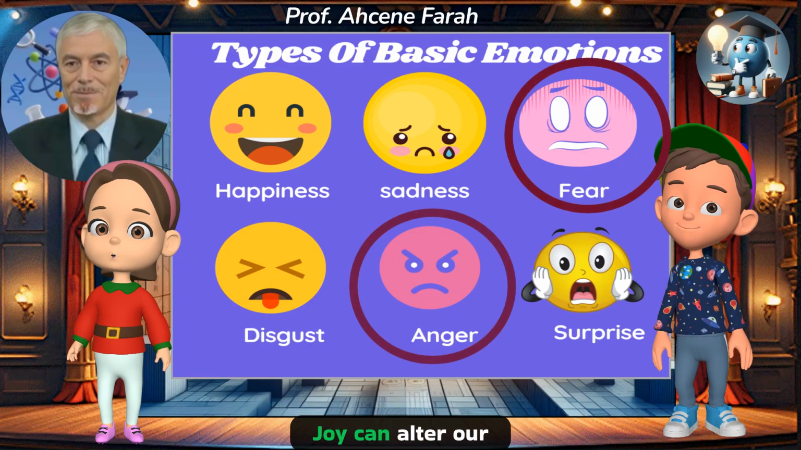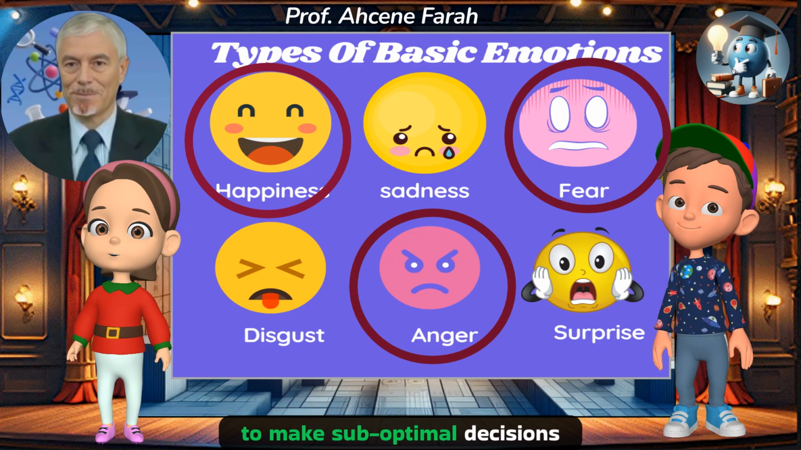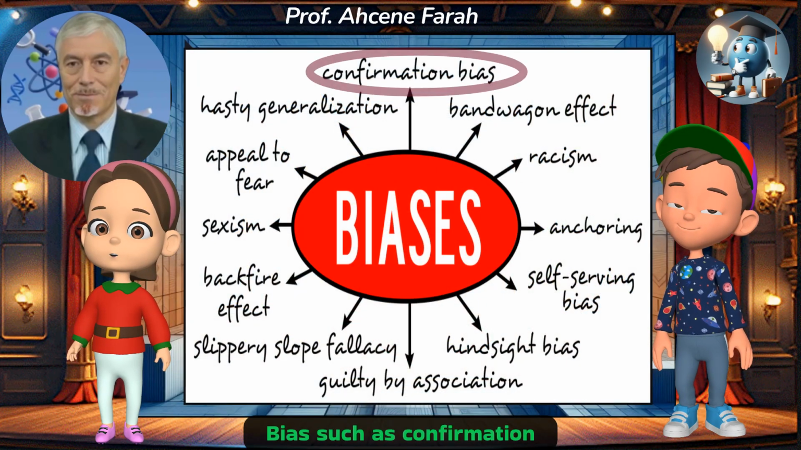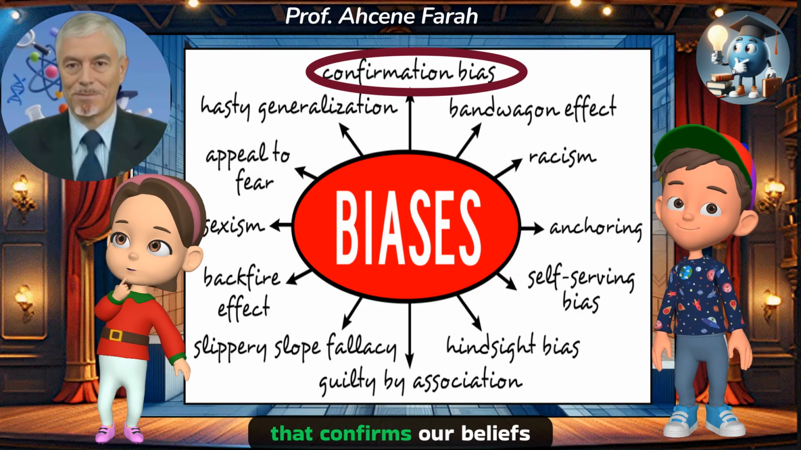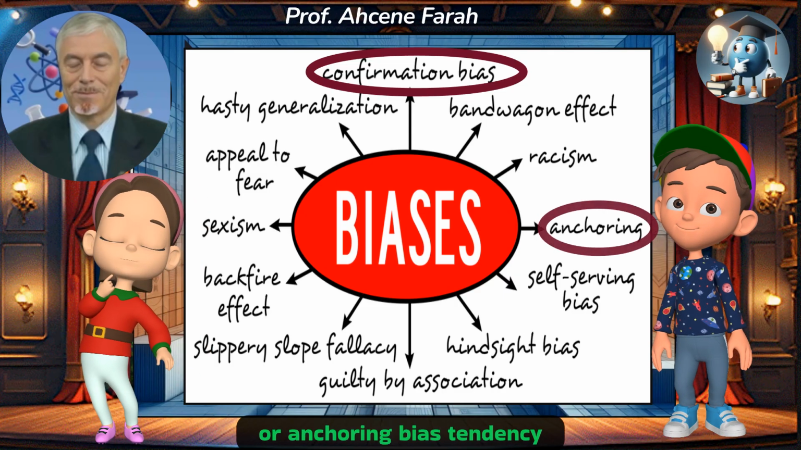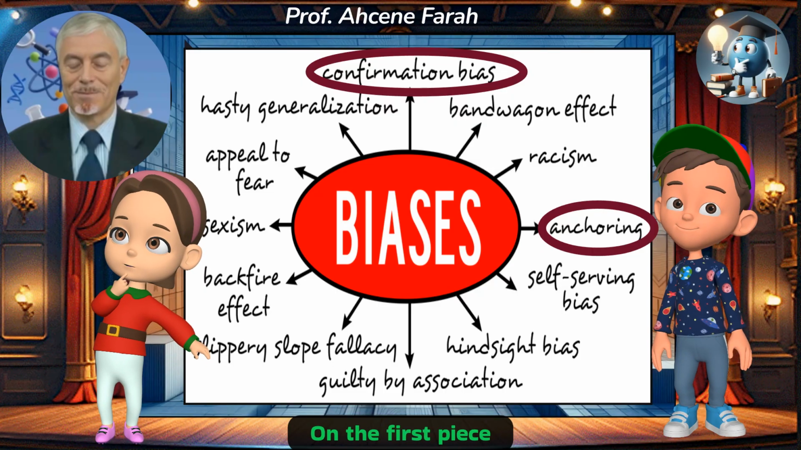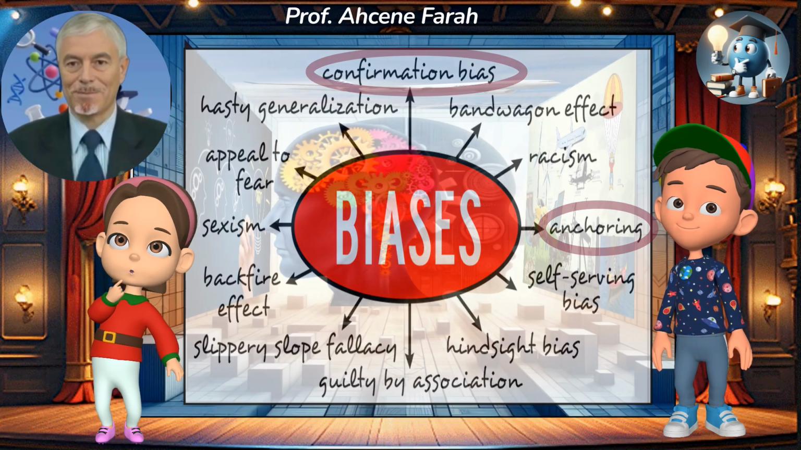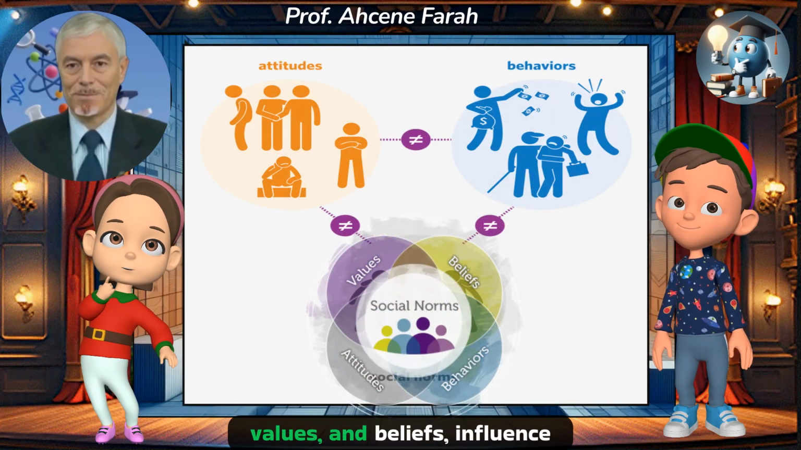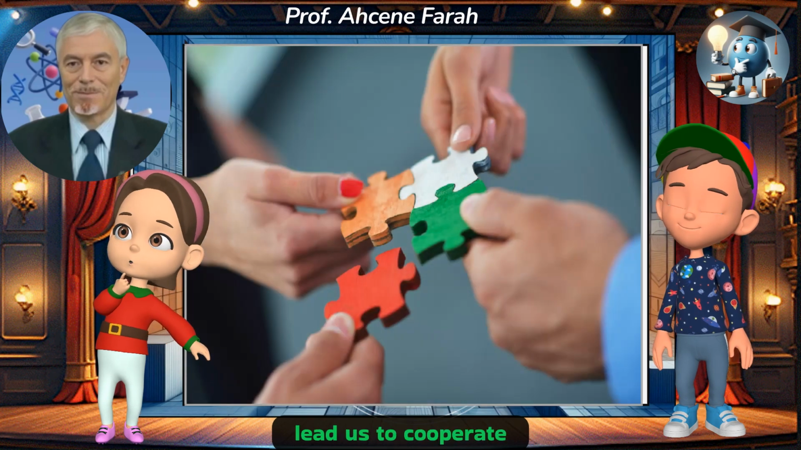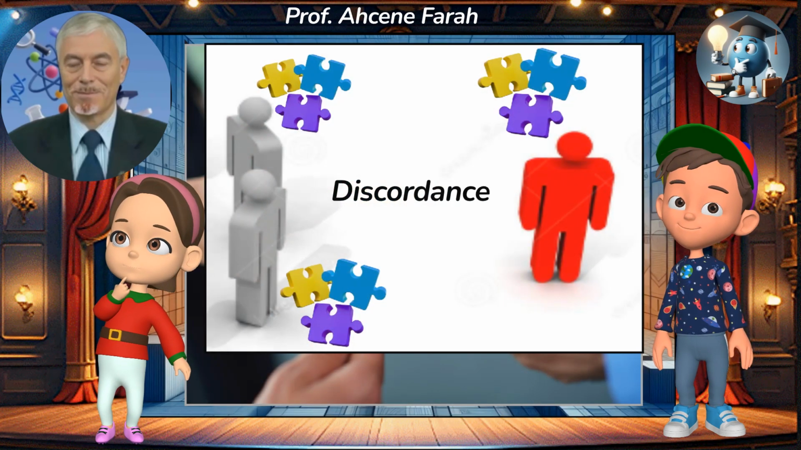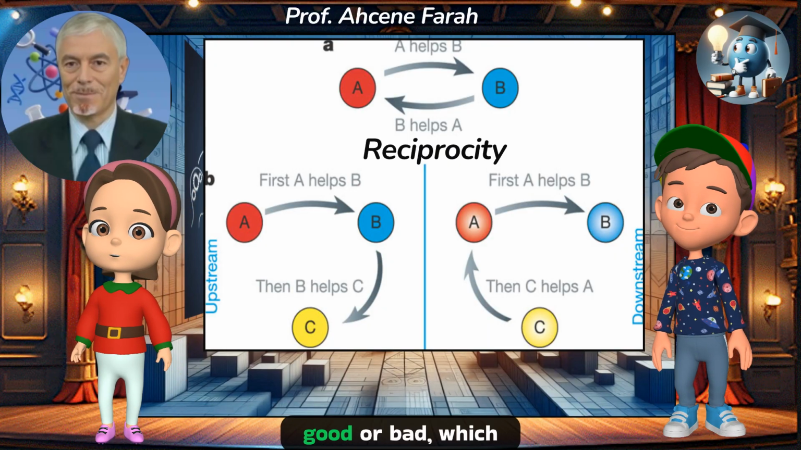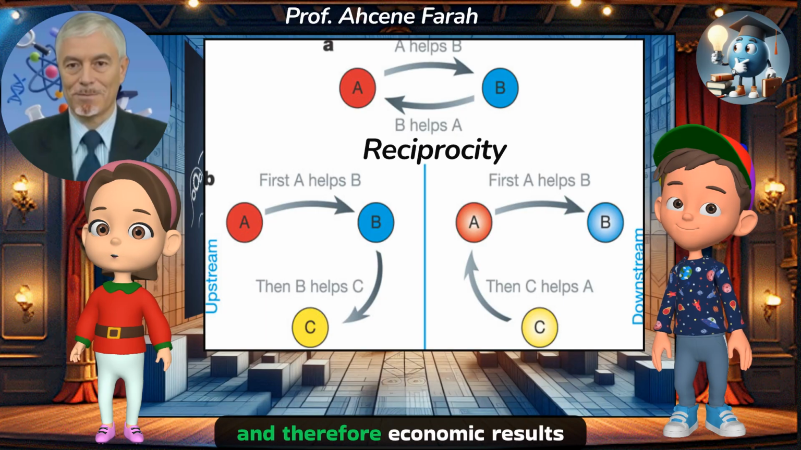Our decisions are influenced by emotions. Fear, anger, joy can alter our judgment and push us to make suboptimal decisions. Cognitive biases. Biases such as confirmation bias, the tendency to seek information that confirms our beliefs, or anchoring bias, the tendency to rely excessively on the first piece of information received, can distort our reasoning and therefore decision-making. Social norms. Social rules, values, and beliefs influence our choices and can lead us to cooperate or defect in certain situations. Reciprocity. Humans have a strong tendency to reciprocate, whether good or bad, which can change game dynamics, and therefore economic